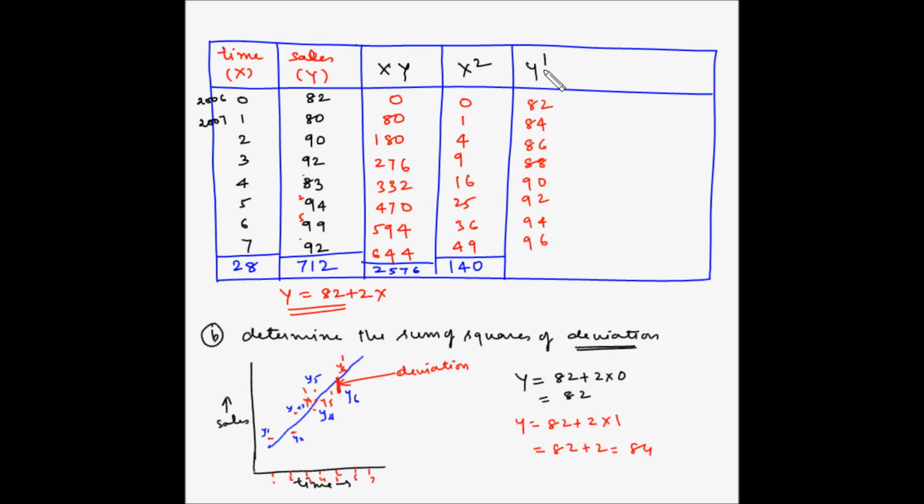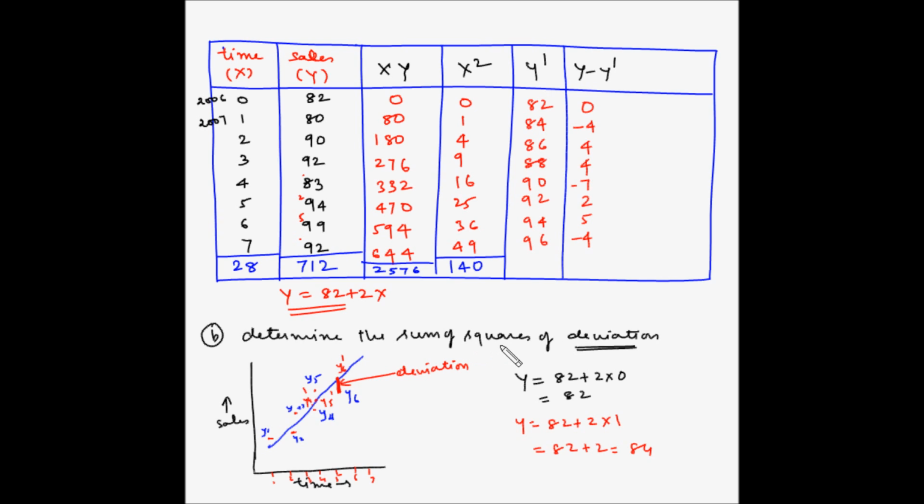So we have found the values of y dash, but we have to find the deviation, which is y minus y dash. So basically 82 minus 82, which is 0, 80 minus 84, which is minus 4, 90 minus 86, which is 4, 92 minus 88, which is 4, 83 minus 90, which is minus 7, 94 minus 92, which is 2, 99 minus 94, which is 5, and 92 minus 96, which is minus 4. So here we have found the deviation,